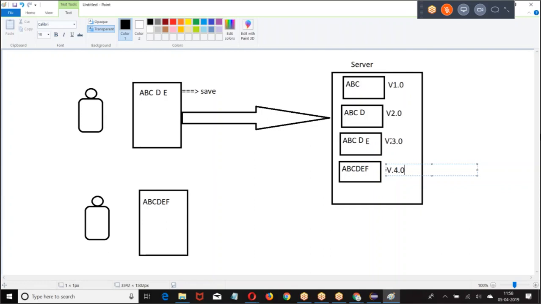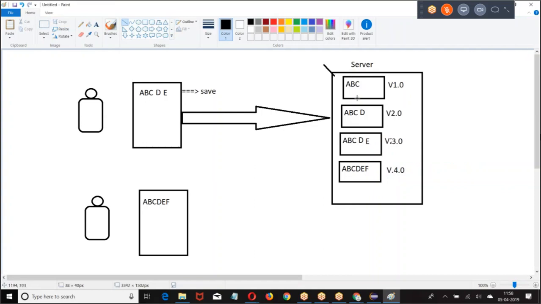Now, this is what? Centralized. They are maintaining the versioning, but where is the version maintained? On the server. And everybody has only the current version of the code. Now, if something happened, the server crashed, what will happen? We lost the entire code. We have only the current copy, previous versions are lost. That is the reason people went for distributed version controlling.